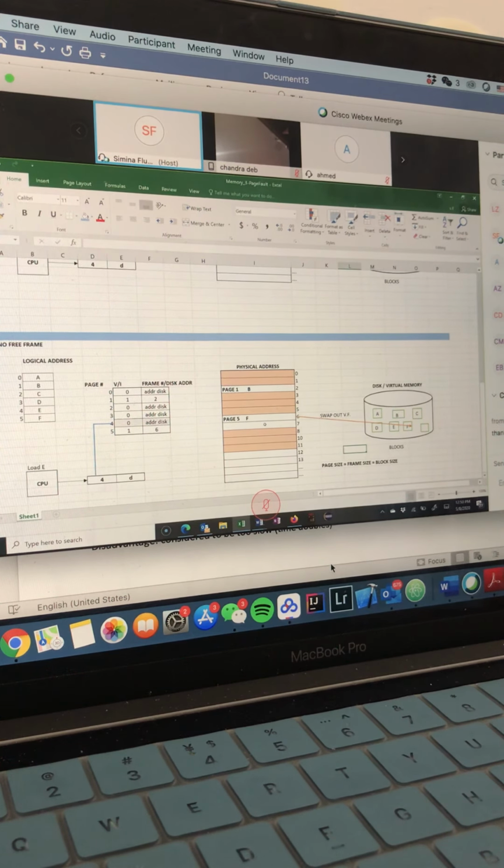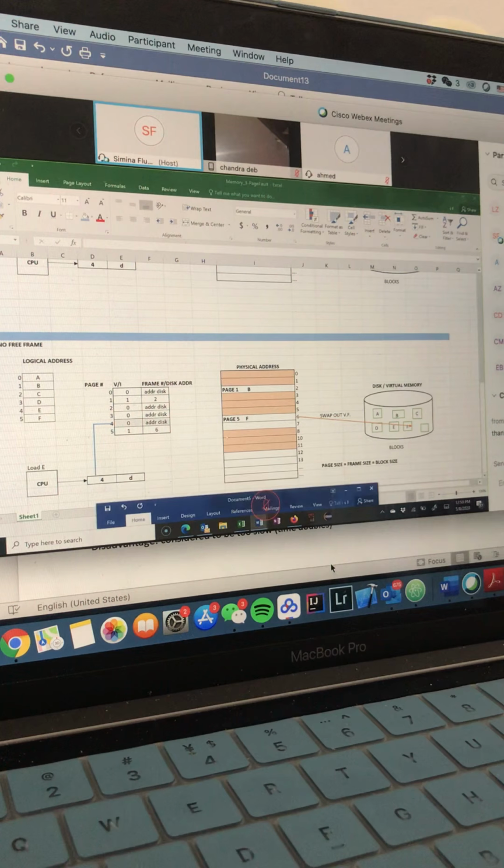The point is that as soon as you swap out the page, you save the page, you want to let it be known that that page is not available anymore in the main memory. So the next step will be to update the page table. Since page 5 is the one that was swapped out, in our page table we're going to update entry 5.